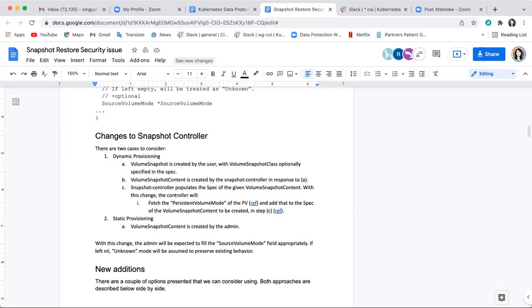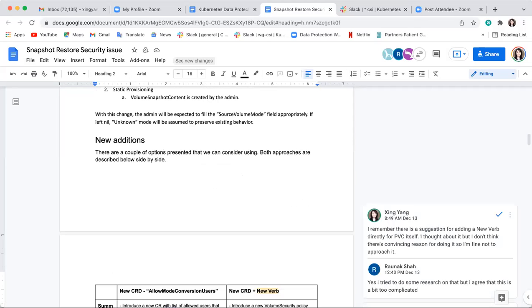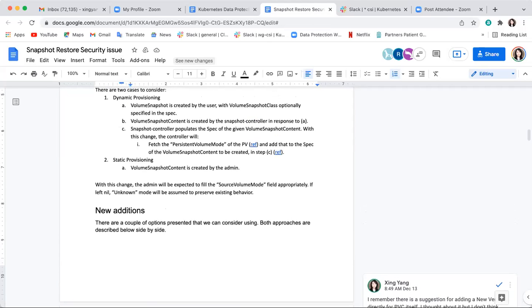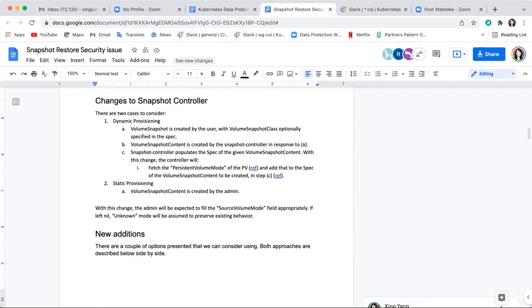Before I move on, any questions? I think we spoke about this last time as well. These changes are going to help us with preventing illegitimate changing of the volume mode. And last time we spoke of two potential proposals for how we should handle it.